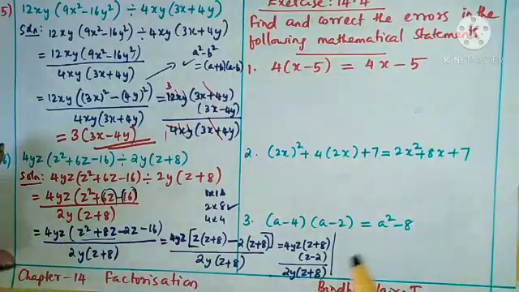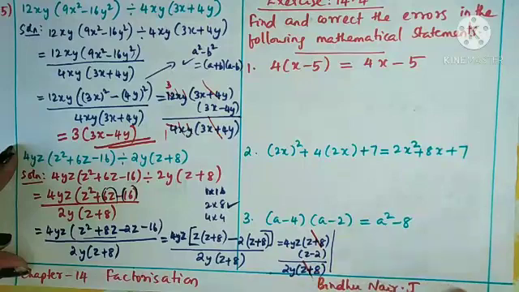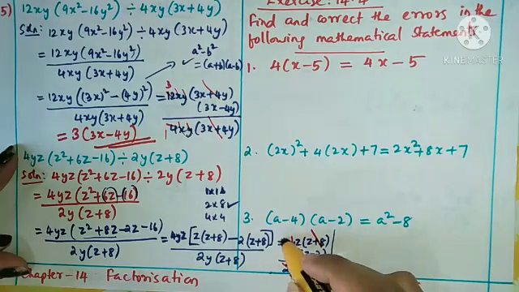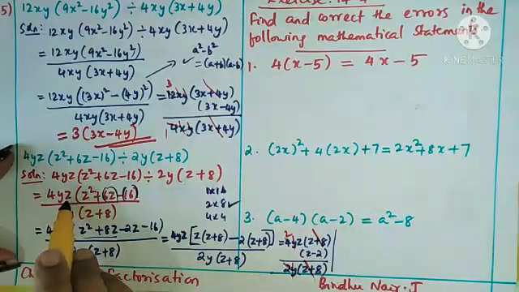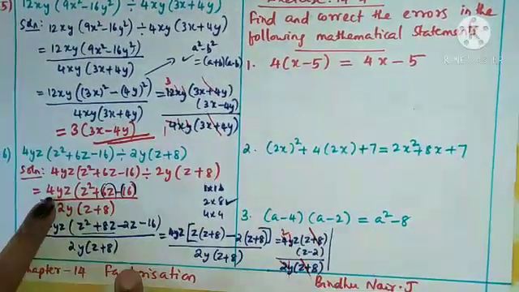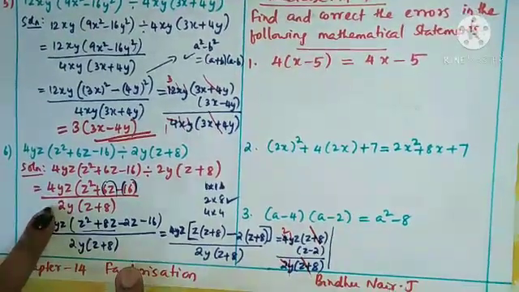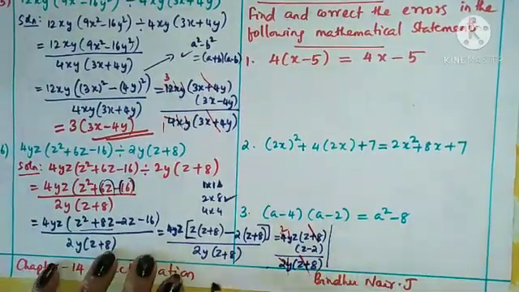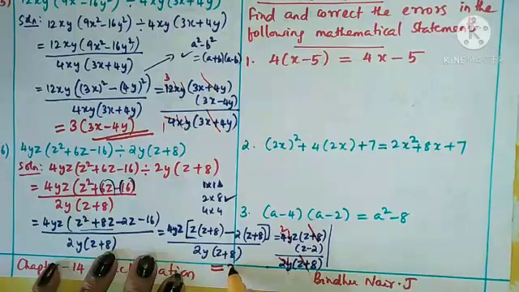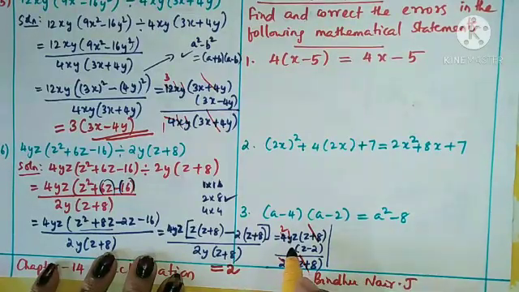You can do the cancellation. Z plus 8 in the numerator and z plus 8 in the denominator cancelled. Then here y, here y cancelled. Then 2 ones are 2, 2 twos are 4, cancelled. Okay. This term you can cancel in the beginning also. In the beginning also, if you are cancelling this 4yz and 2y, it is correct. From the beginning also you can reduce, no problem. So finally, after cancellation, what answer did we get? 2 in the numerator and one z is there and the bracket z minus 2. That is the required answer.